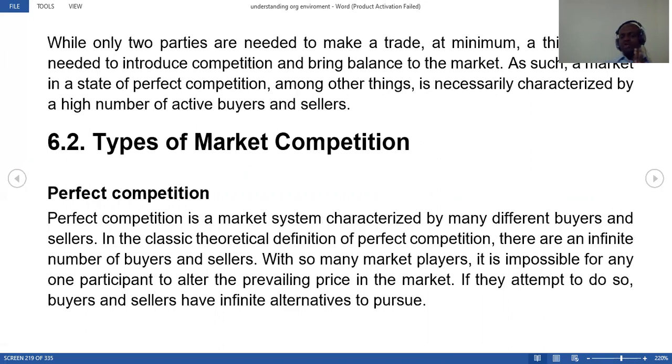So we have different types of market competition. The first one is a perfect competition market. And in this perfect competition market, we have different buyers and different sellers. So we have many buyers and many sellers in this market. And therefore, the prices are controlled by those key players. However, it is very impossible to find a market that is perfect. All these other markets are imperfect. Either you can find the demand is too high, or sometimes you can get the supply is high, but yet you do not have customers who are going to buy those products.